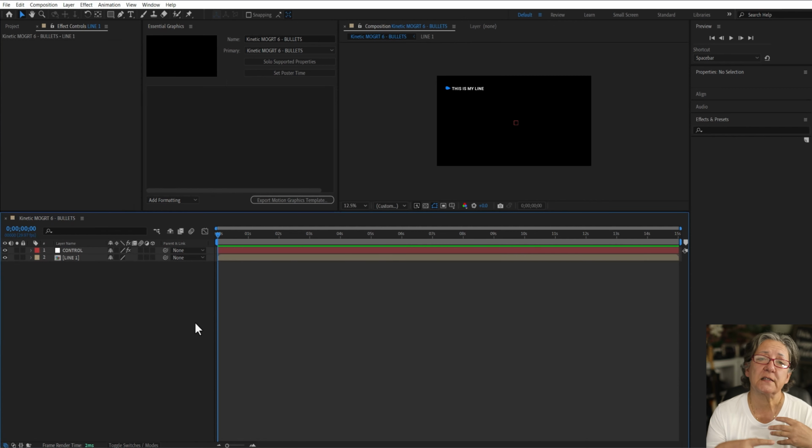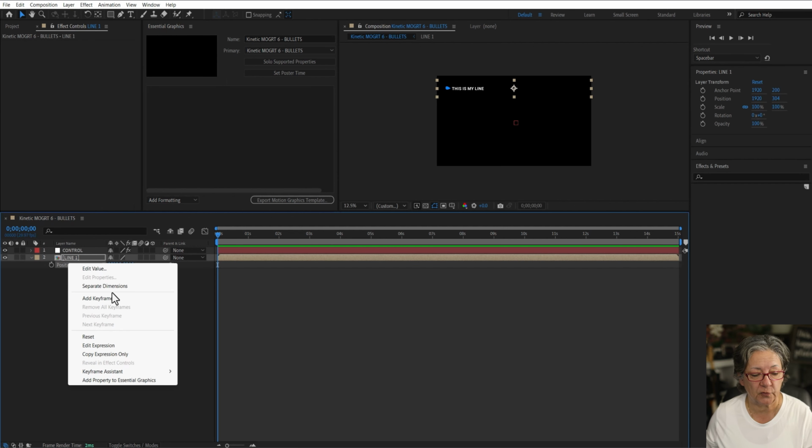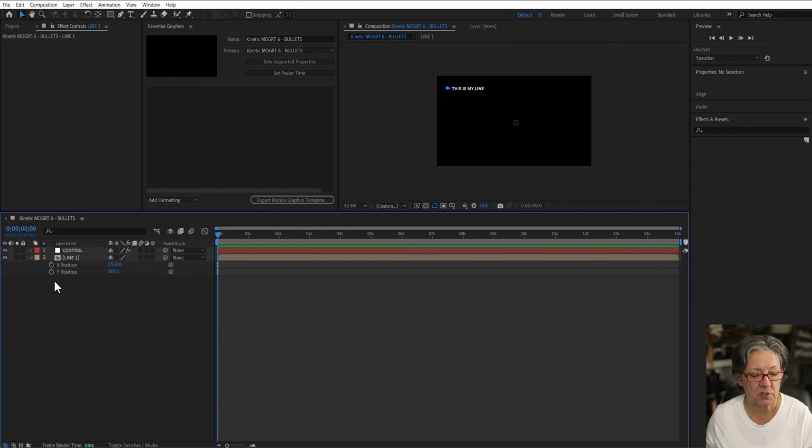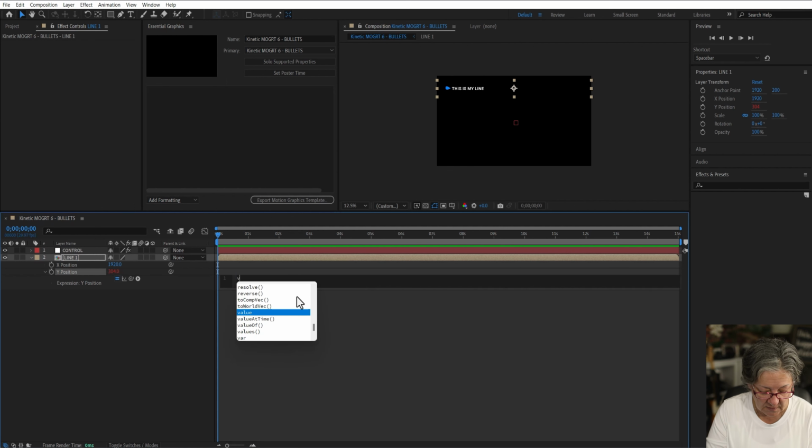So about the only thing is that I want for the user of this MOGRT to control the line separation, and we did that with an expression. So let's select the line, press P for position, right click the word position and separate the dimensions. We're going to add the expression to the Y position, right? And it's going to go something like this. Value. Right? So whatever you are, plus